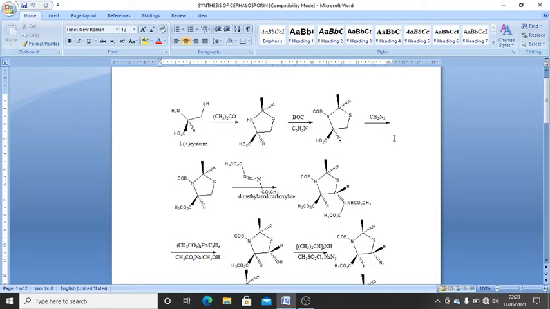In the next step, when diazomethane reacts with this thiazole derivative, it gives me a 4-acetyl carboxyl derivative. The carboxylic group which is present gets converted to its respective ester. Now this product is called a 4-acetyl carboxyl derivative. This is because the numbering would be from sulfur 1, 2, 3, 4. Hence it is a 4-acetyl carboxyl derivative.